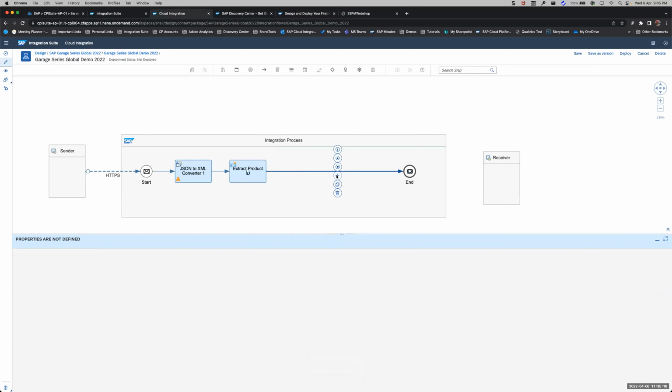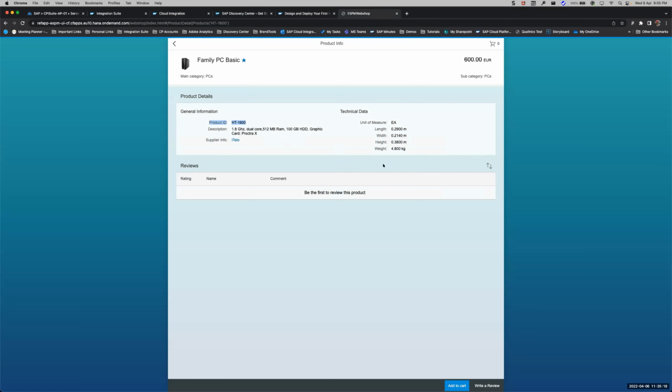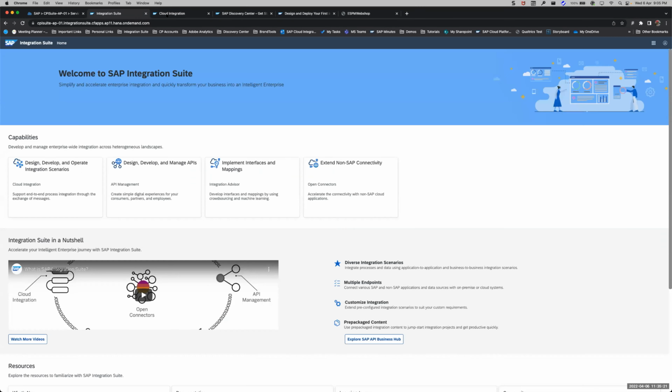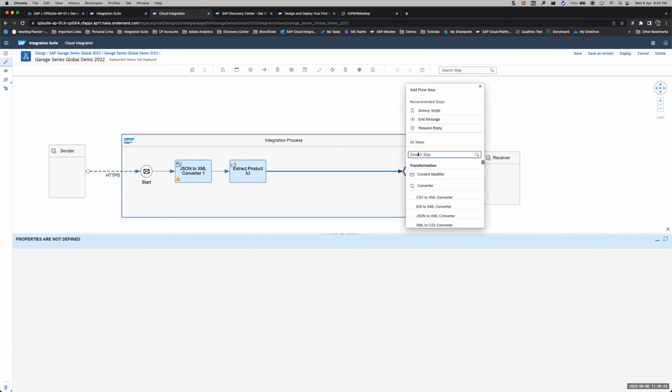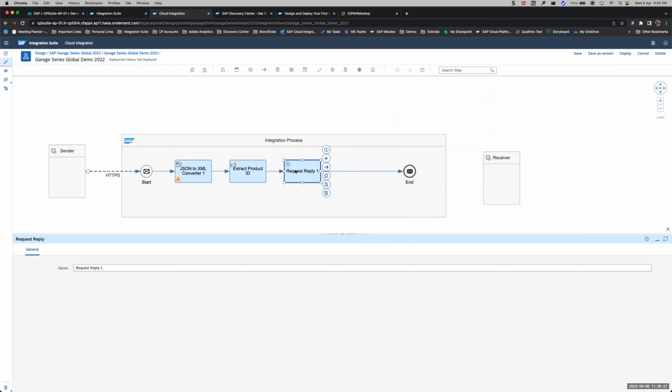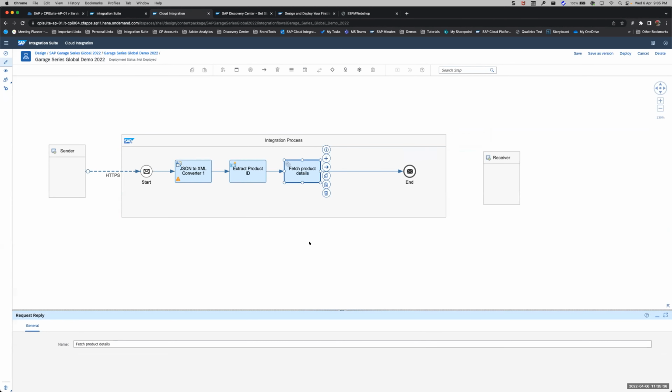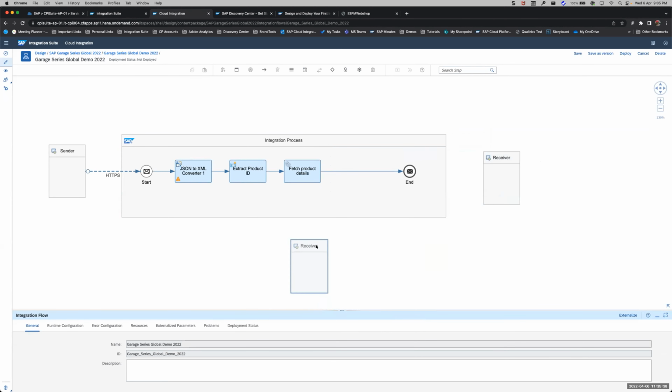And now I need to make an external call. So this is to the web shop, this particular application I was showing you, right? So here, what I need to do is add a step called request reply. So this is request reply. Again, I will call it fetch product details. So easy to understand, right? I already have a receiver here, so I'm just going to reuse it. I'm going to drag it here, and then